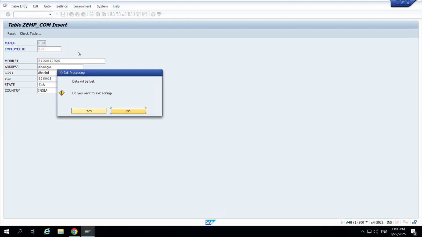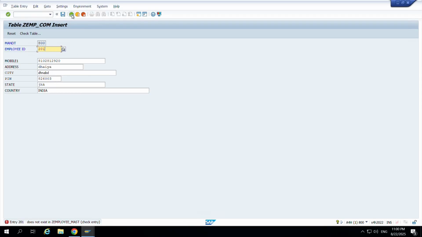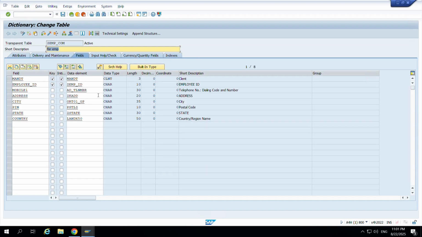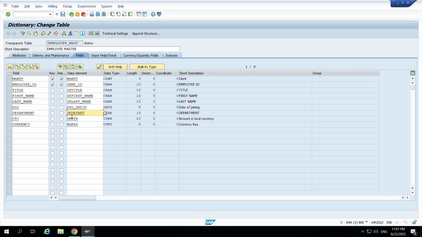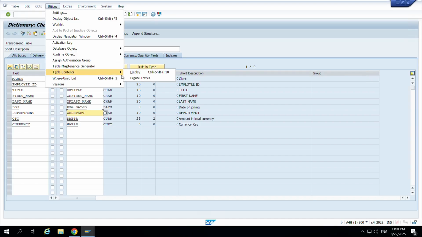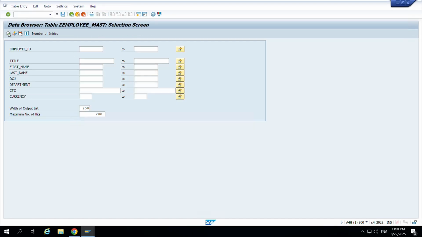So see the first table record. Go back, ZEMPLOYEE_MASKEY, change it, go on utilities, table contents, display.